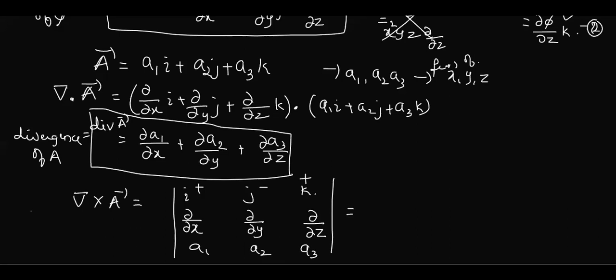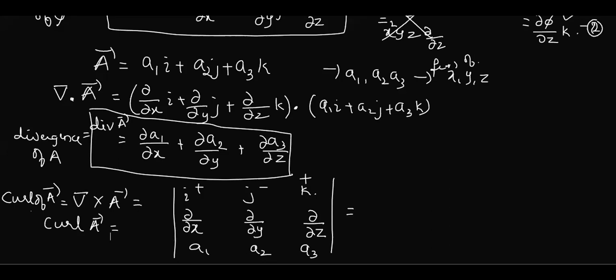Very good. So this vector quantity obtained by taking the cross product of del and A is named as curl of A. Even you can simply write it like this: curl A. This will do. So curl means it is a cross product.